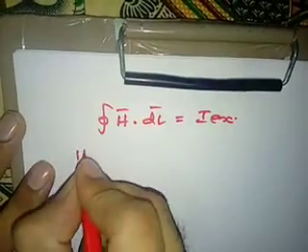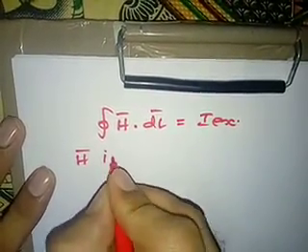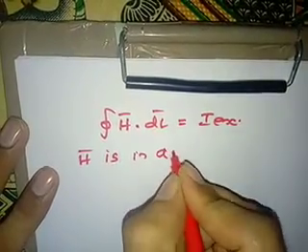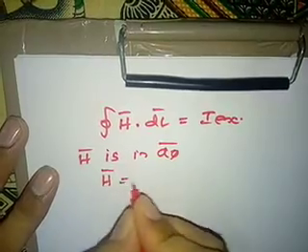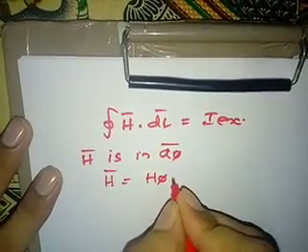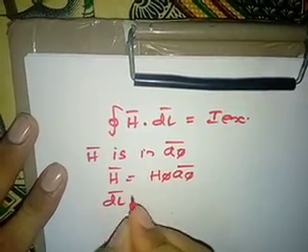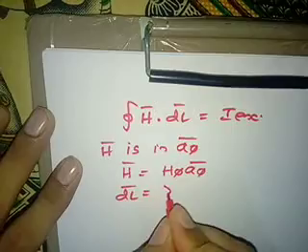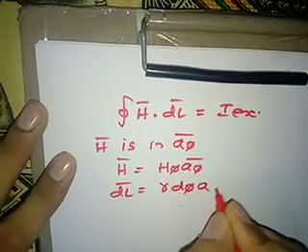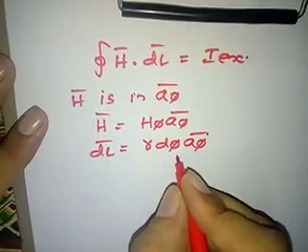H bar is in which direction, students? Just come on, tell me. H bar is in the a phi bar direction and depends only on r. So H bar is given by h phi a phi bar, and similarly dl bar we have already taken up, right? So dl bar is r d phi a phi bar, that is the radius r multiplied by the angle subtended into